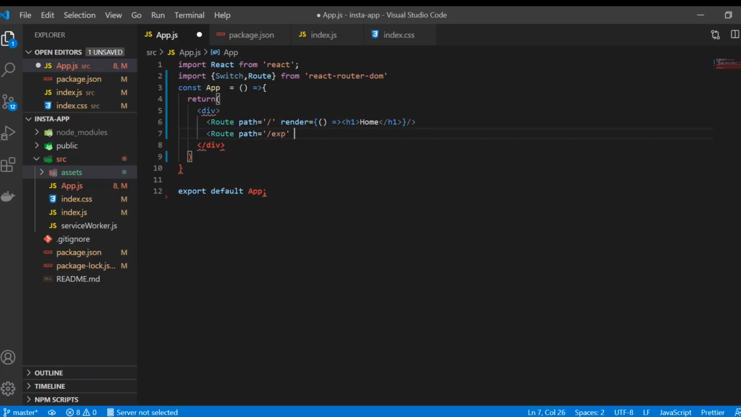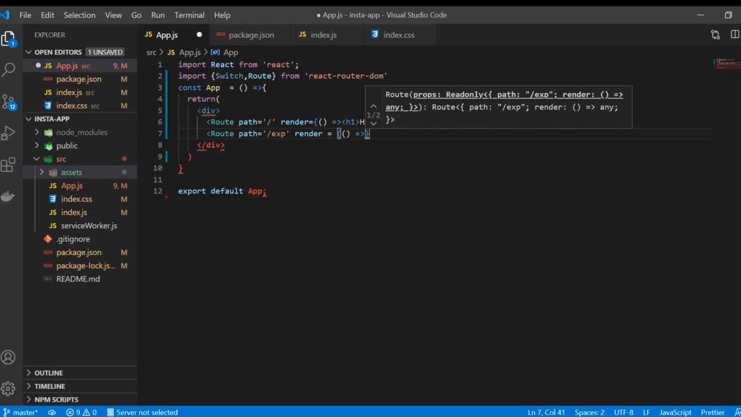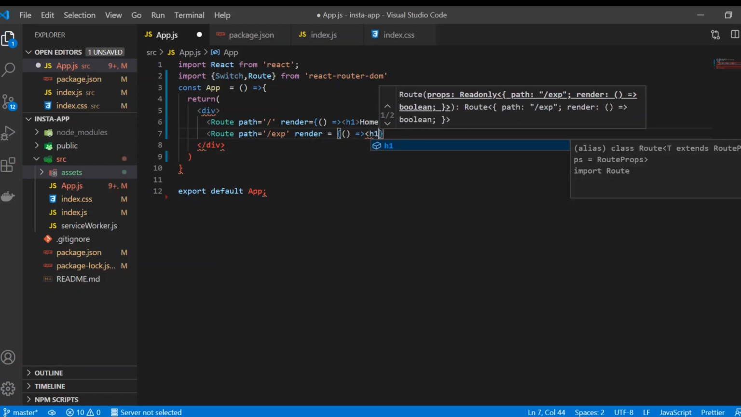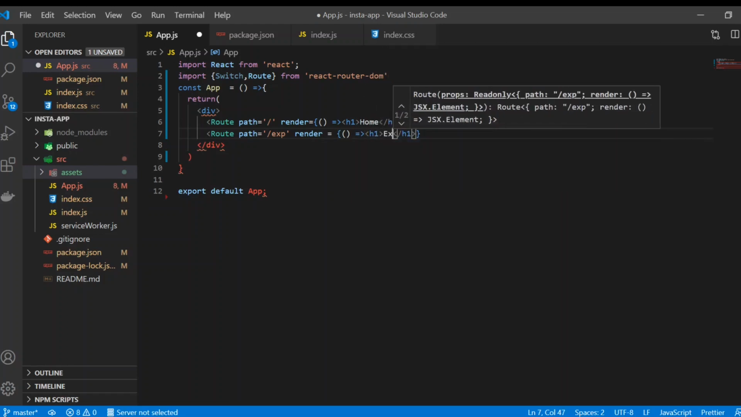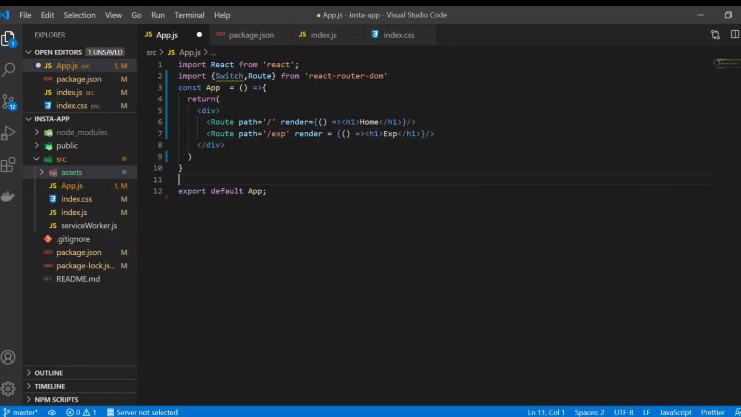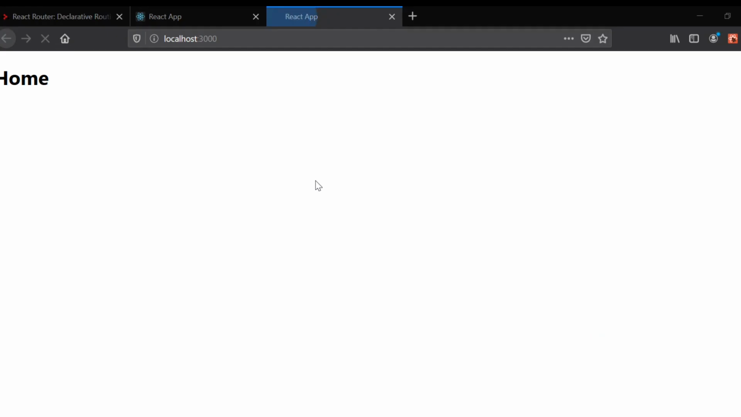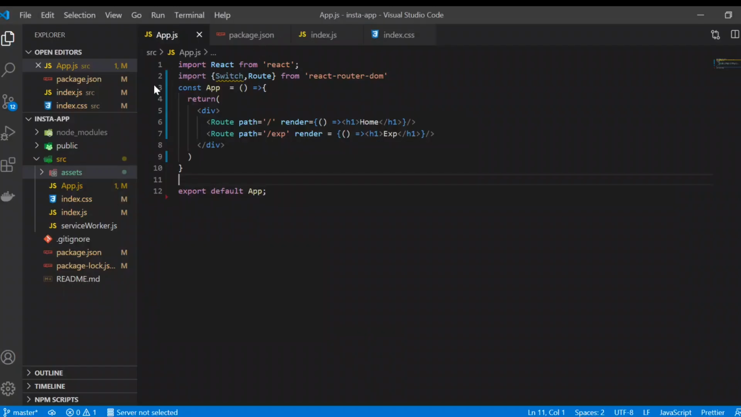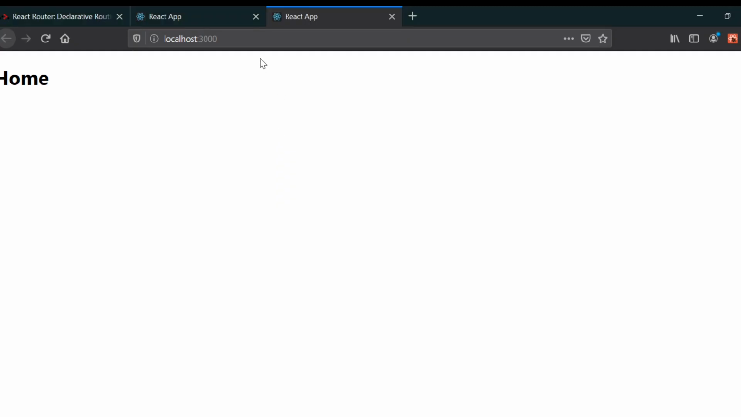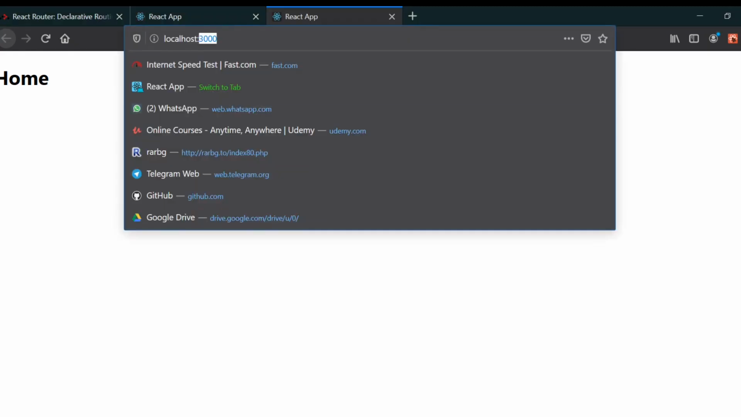/exp, and I'm going to render again, this time using h1 exp. Now if I just save it and go to our browser, you can see that we got this home, right? Now if I just go to this /exp,